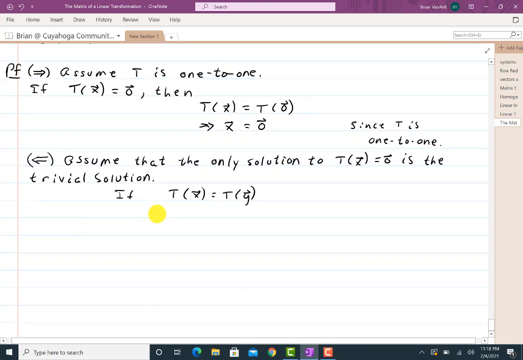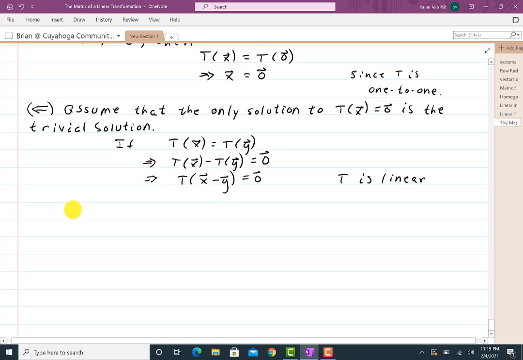Well, that means that T of x minus T of y is the zero vector. But now T is a linear transformation, so I can make this T of x minus y. And since the only solution is trivial,